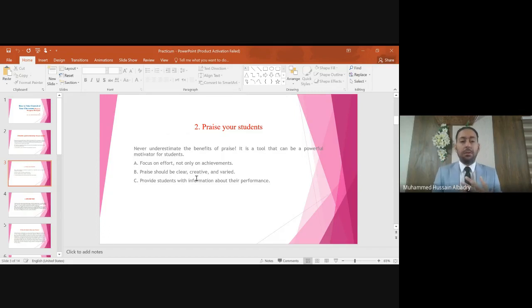Here we have three points on how to praise your students. Focus on effort, not only on achievements. Even sometimes when some students participate, they make mistakes. It is okay, even if they make mistakes. At least they try, they make an effort. So you have to focus on effort, not on achievements. Whether they are good or even if they are wrong, you have to tell them, yes, good attempt,